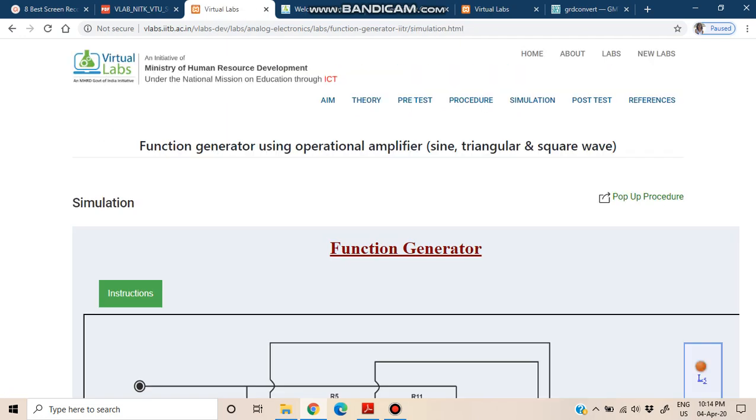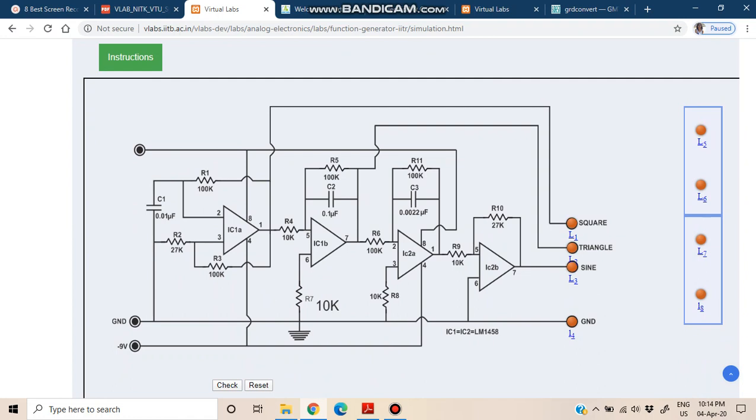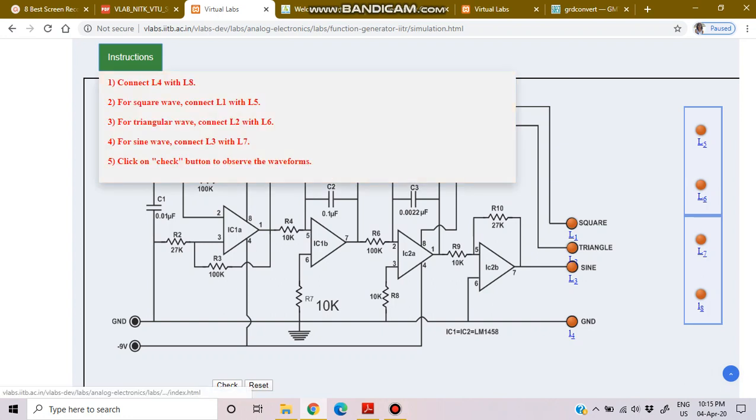So let us see in the simulation what we are witnessing. There is a circuit diagram for a function generator whereby the square wave, triangle, sinusoidal, and these waveforms will be generated. Now, as per the instructions given here, we will connect L4 to L8, L1 to L5, like that we are connecting. So let us say I am connecting this L1